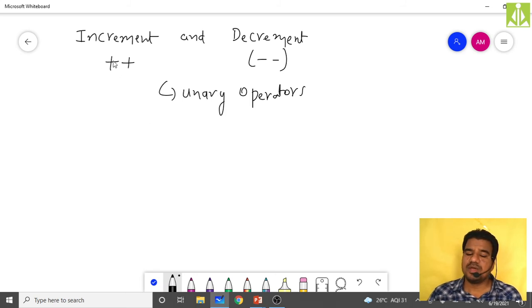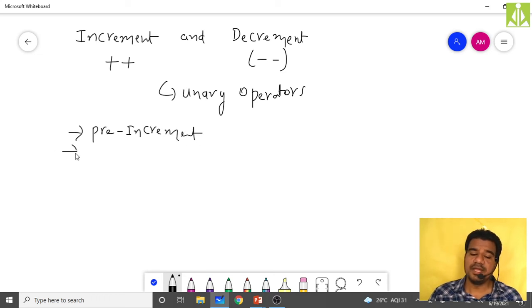Okay, depending upon the way of using the increment or decrement operators, we have two possible options for both. Increment can be pre-increment and post-increment.